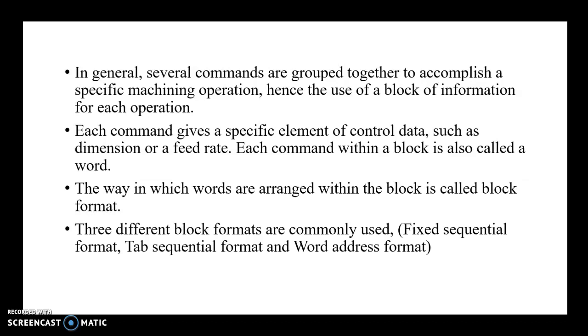Each command gives a specific element of control data such as dimension or feed rate. Each command within a block is also called a word. The way in which words are arranged within the block is called block format. Three different block formats are commonly used: the fixed sequential format, the tab sequential format, and the word address format.